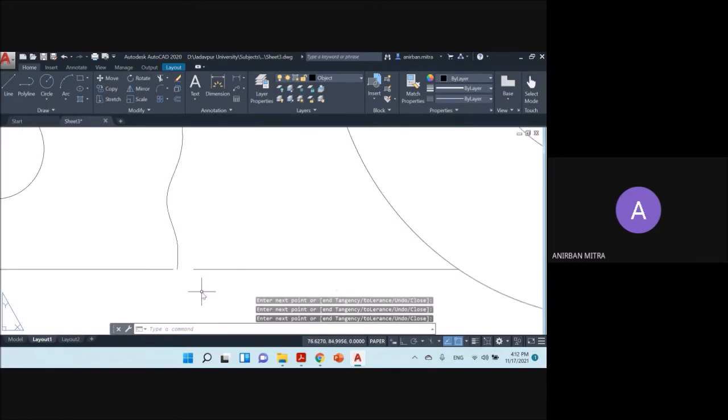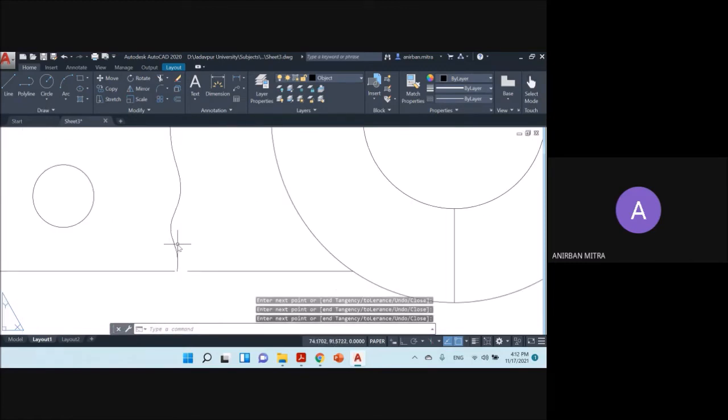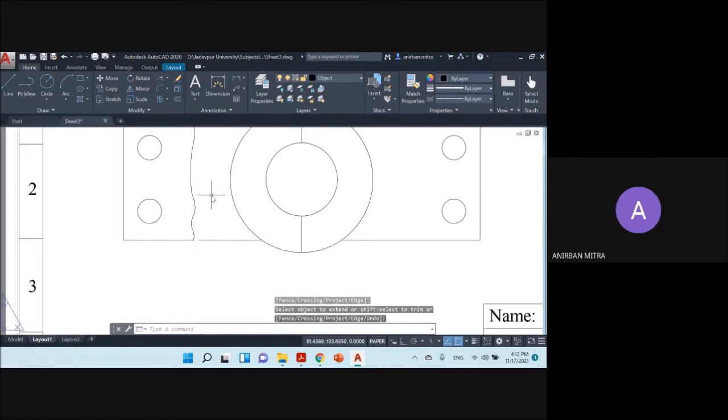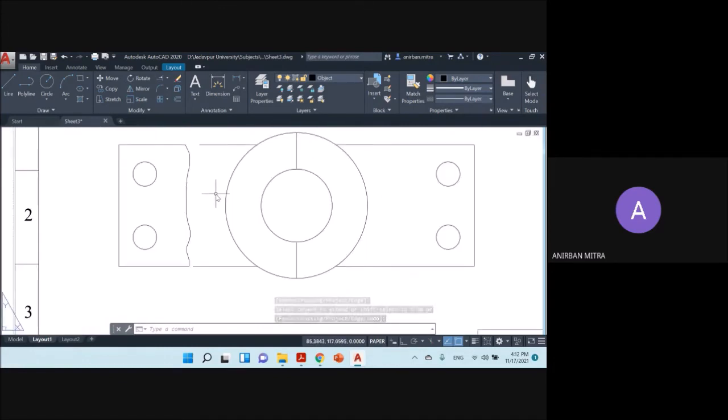Okay, so there is a small gap over here, which should not be. I can extend it up to the point, I think, like that. So the gap should be closed. There should not be any kind of gaps. So that is done. It can be copied again, or you can make a separate another spline over here.